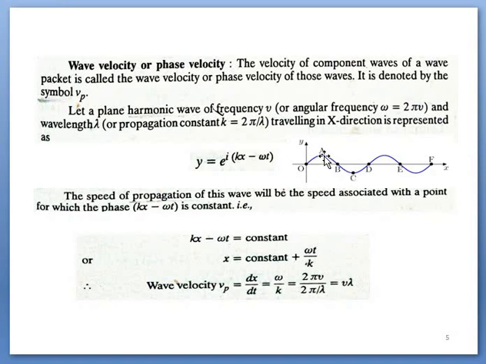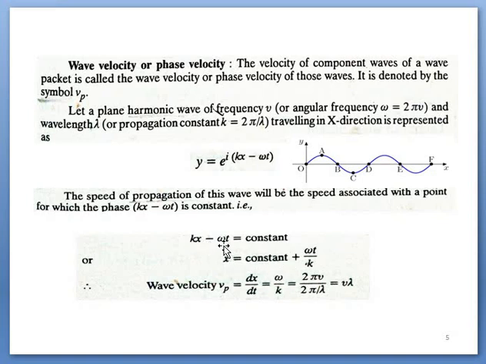This means the parameters belonging to this point will always be constant. There is no change. So this term, which represents the phase of point A, will be constant, and it is equally applicable for point B, point C, point D, and so on. So by taking that concept, this one is constant, we obtain x